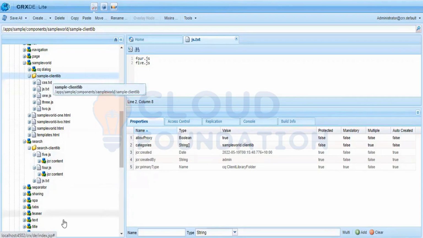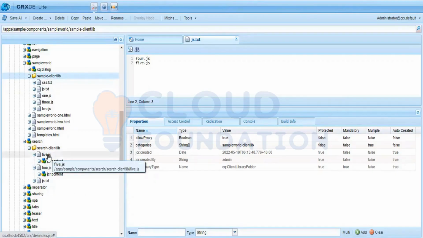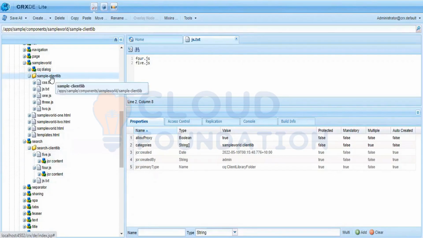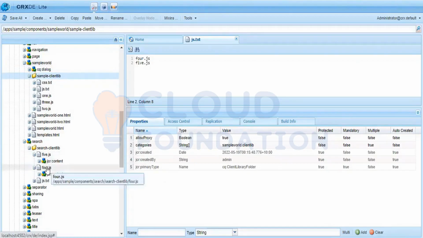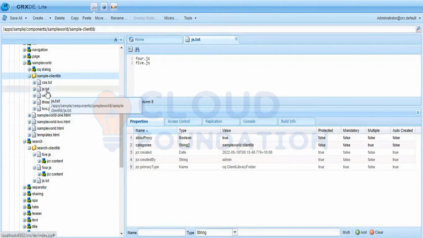It means that although 4.js and 5.js were created previously, some of their code is needed as part of this component, the sample component, as well. Now, one solution is that you can paste these JS files inside this client library as well and update the JS text file. But that is duplicative. The best solution for this is